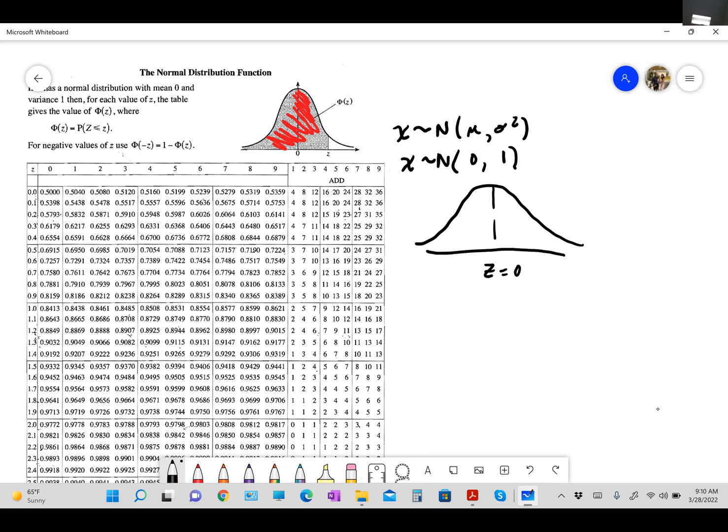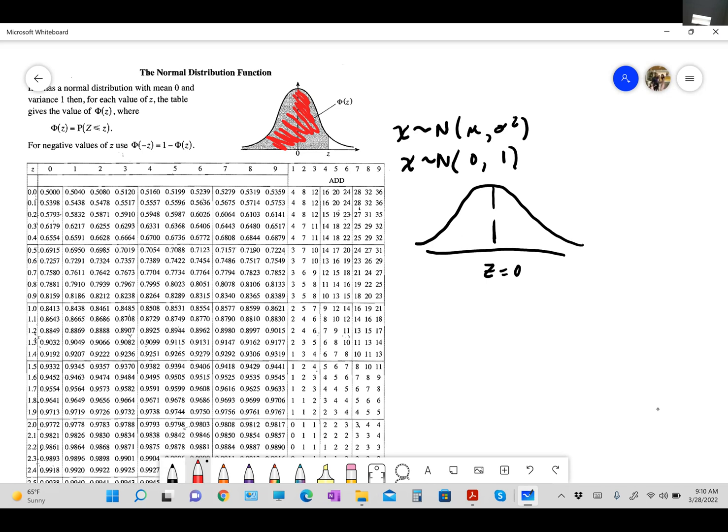Now, we got to remember, and again, some of you haven't taken statistics, but some of you don't know what a z-score is. A z-score is simply how many standard deviations a particular score is from the mean. That's all it is. So here in the middle, we have a z-score of 0. And if you think about it,